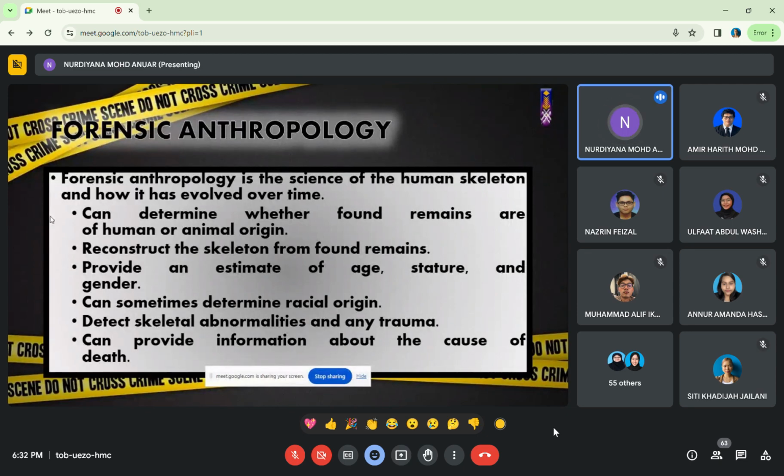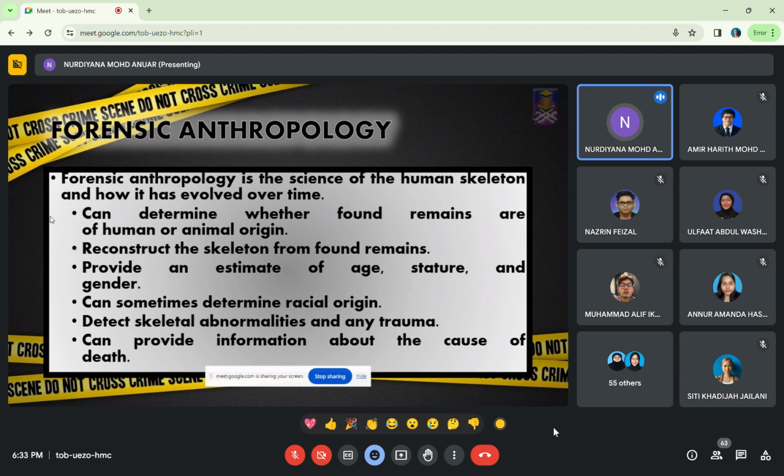Bila kalau itu adalah human bones, kita boleh determine okay, is it female or male. Ada beberapa tempat yang kita boleh tengok untuk determine gender tadi. Selain age, stature pun kita boleh gunakan untuk kita boleh determine gunakan anthropology. Racial origins, untuk kes-kes contoh